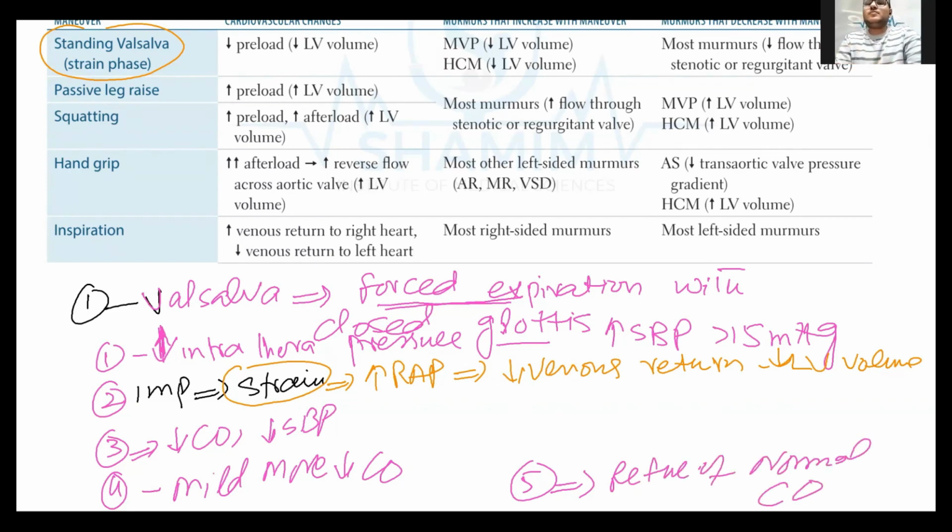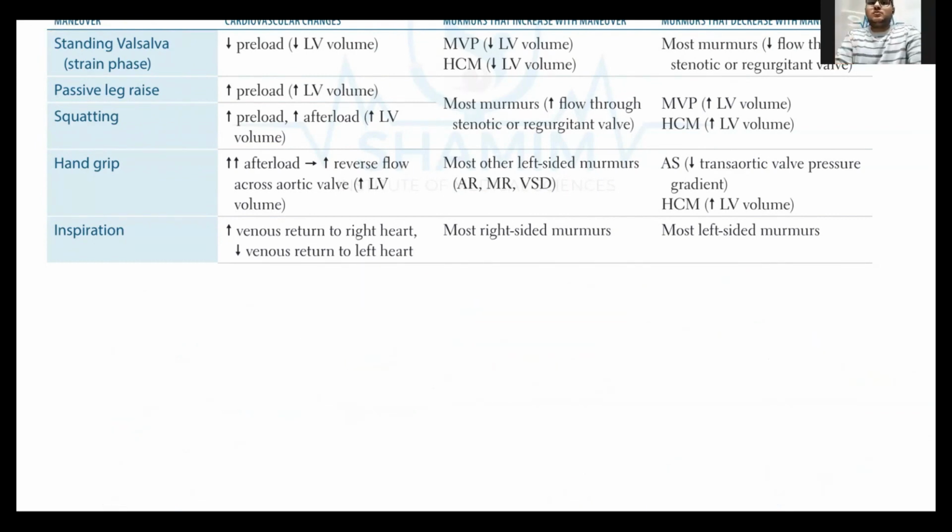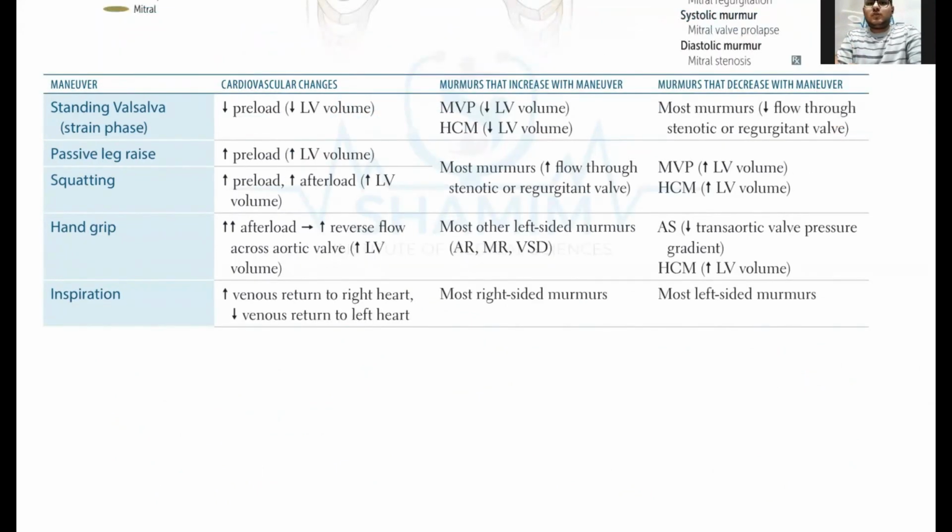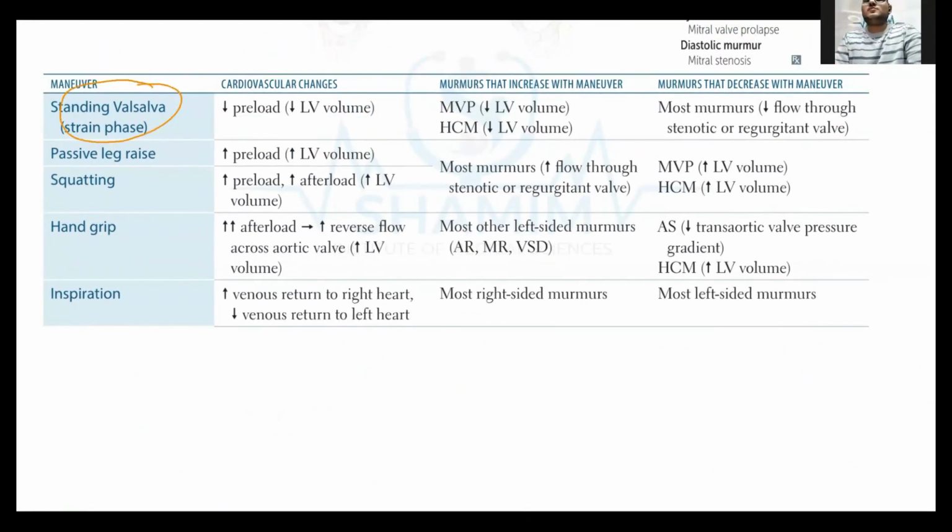ओके, सो हमारा इंपॉर्टेंट जो पॉइंट है वो ये है, सेकंड स्ट्रेन फेज। व्हाट हैपेंस, राइट एट्रियल प्रेशर बढ़ा, वीनस रिटर्न कम हो गया, दिस इज कॉल्ड स्टैंडिंग वेंट्रल स्ट्रेन फेज। ओके, हमने डिस्कस किया कि स्टैंडिंग वेंट्रल स्ट्रेन फेज में क्या होता है, प्रीलोड कम होता है, लेफ्ट वेंट्रिकुलर का वॉल्यूम कम। सो जनरलाइज्ड आपको याद होगा, जब भी कोई चीज फ्लो करती है, ब्लड फ्लो करेगा तो कोई चीज साउंड आएगी ना।